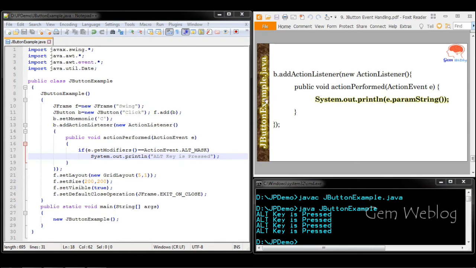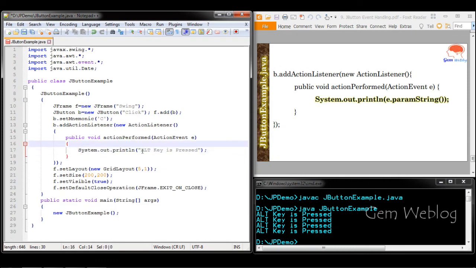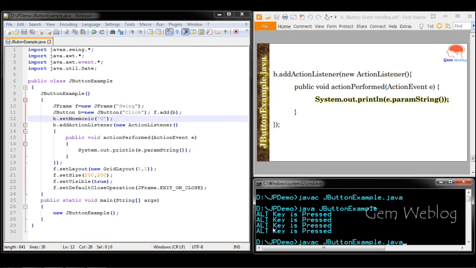Next method is how to extract the paramString of the particular event. e.paramString will return the string that contains all the information relevant to the action event.